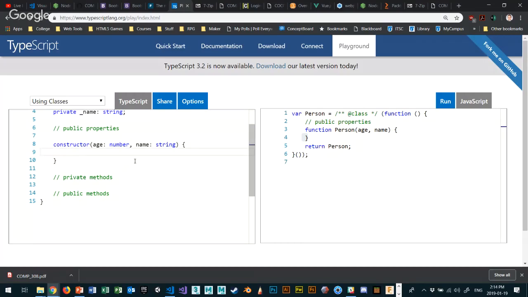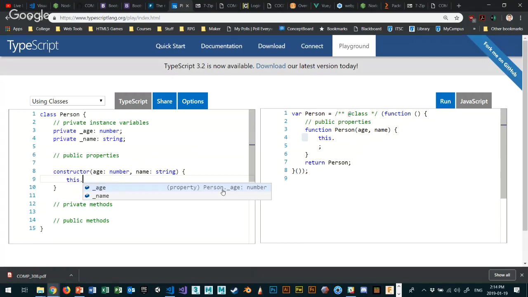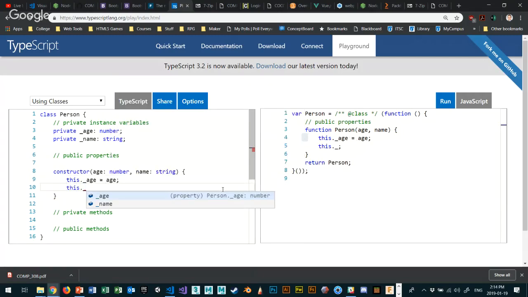Then if I do something like this, it's bad, it's not object oriented, but I could say this dot underscore age is equal to age, and this dot underscore name is equal to name. Notice that I have to use the this context keyword that basically points to the Person class itself. For this object that I'm creating, I'm taking the class variable and assigning a value that's coming into my constructor from the local parameter. This is good, and I want to be able to do that with my constructor,